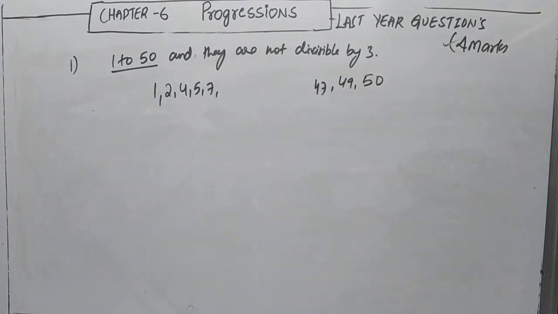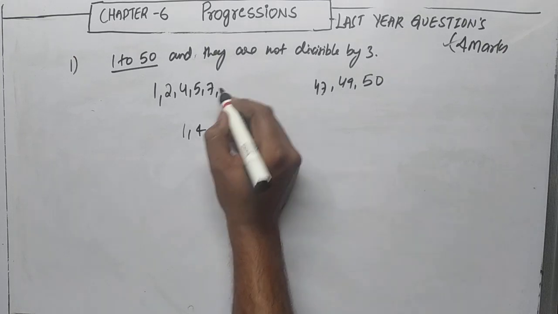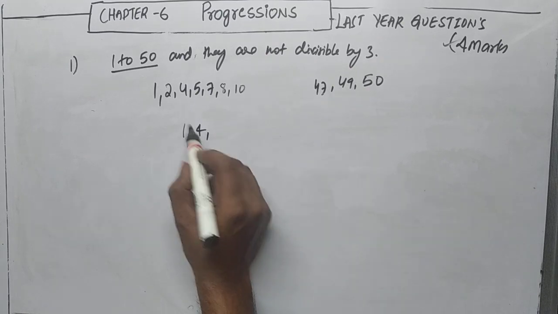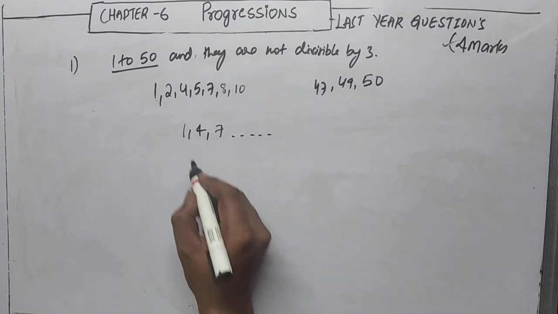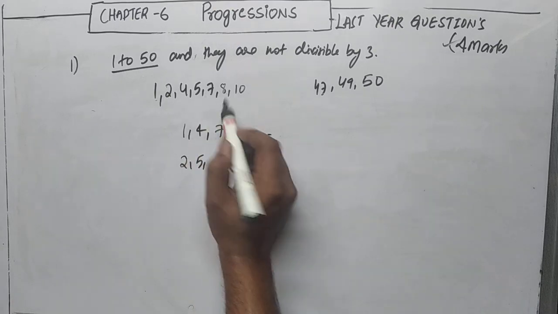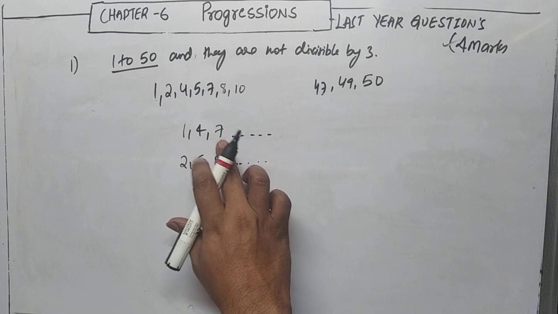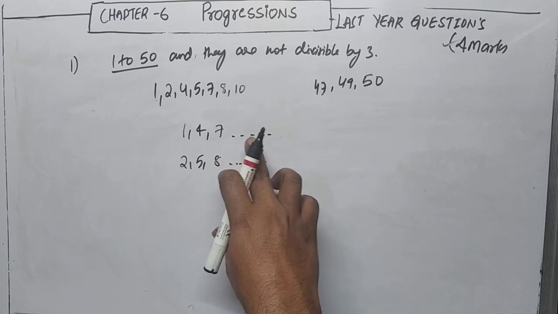So we can do the arithmetic, we can find a sequence for the arithmetic progression. See, if I take the numbers 1, 4, 7, and so on, this will be one series. The second series is 2, 5, 8, and so on. So you just find the sum. After 7 comes 10. We will get a common difference of 3.